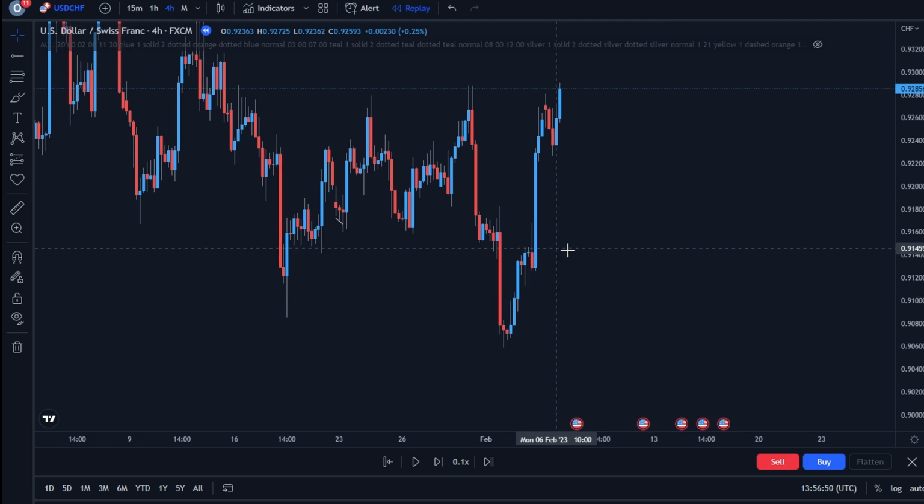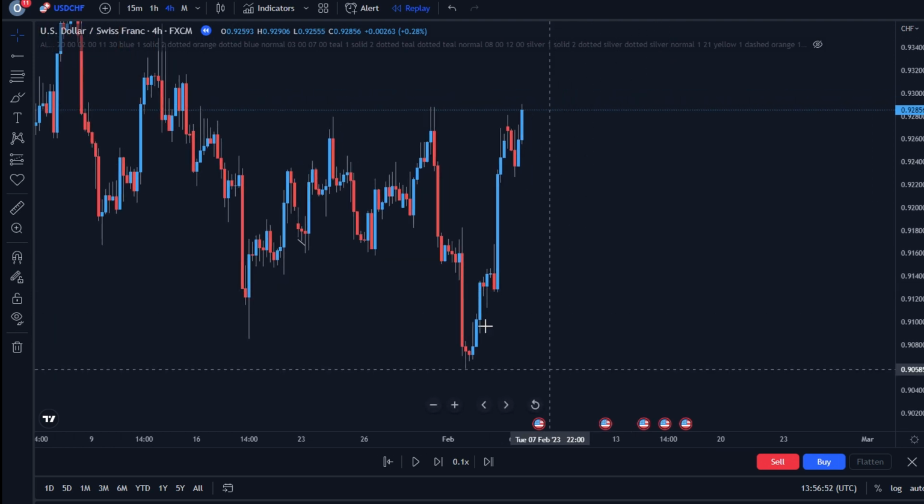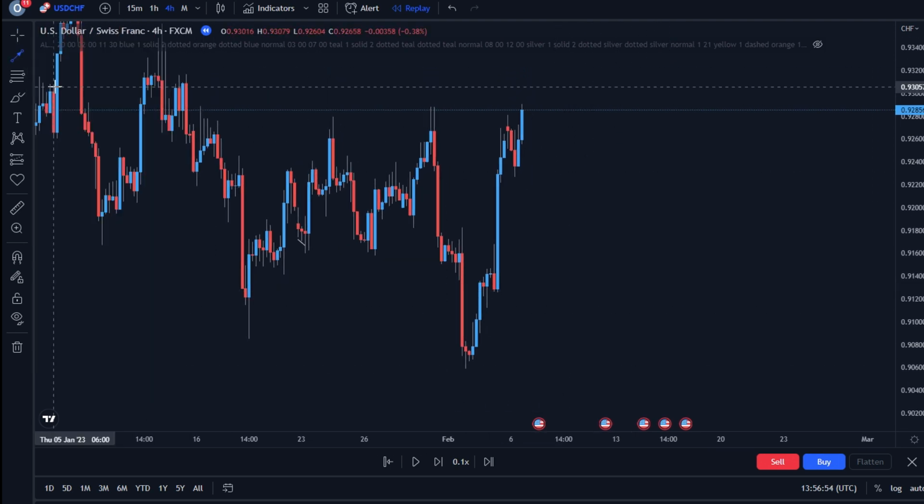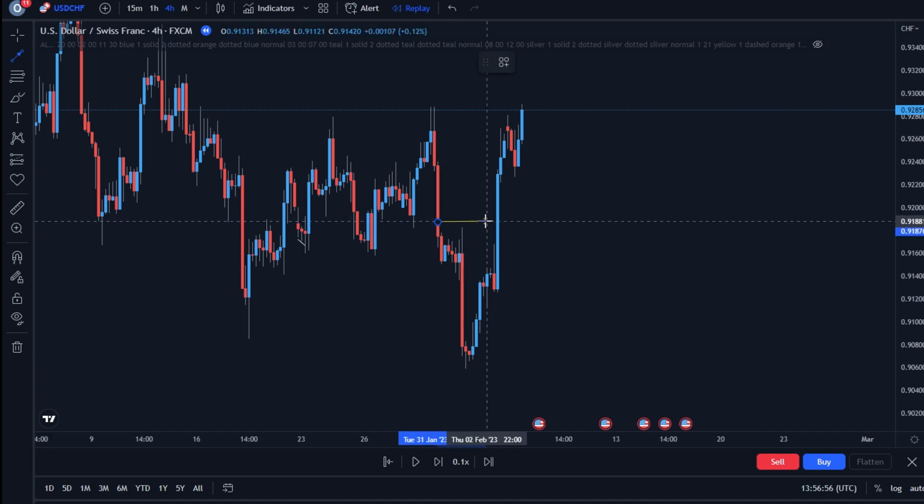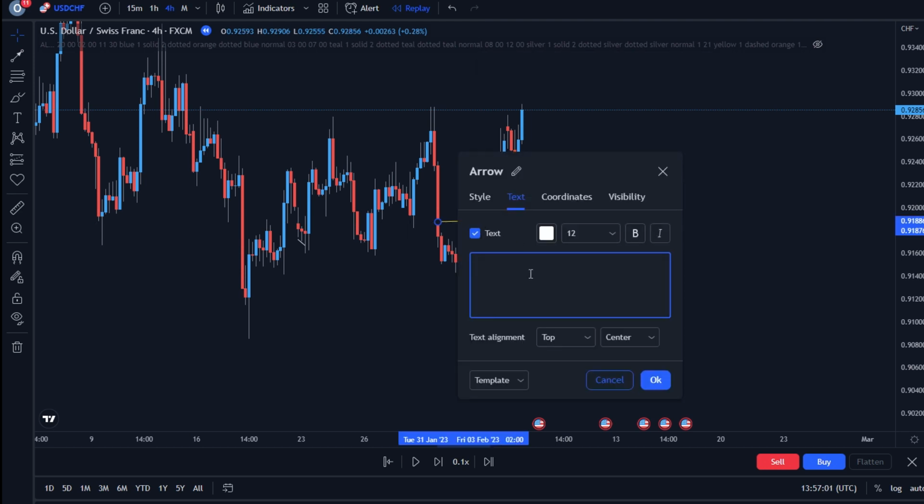So here we have the 4-hour. Where do we have the break of structure? So the first step is marking your break of structure. For me, it would be here. Why do I consider this as the break of structure? Well,